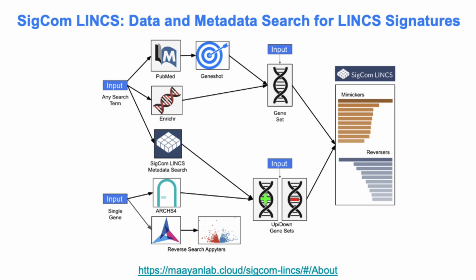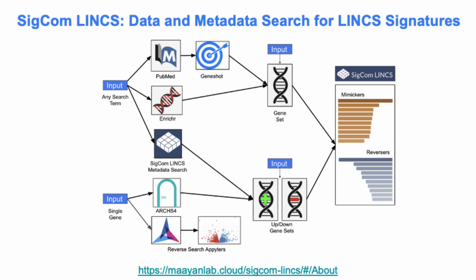So the program has different sources of inputs: either a single gene, a gene set, up and down gene sets, or any search term. So the topic of this presentation today is really about a new method to query the